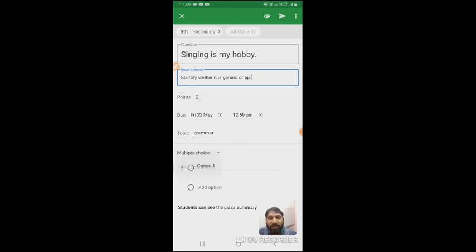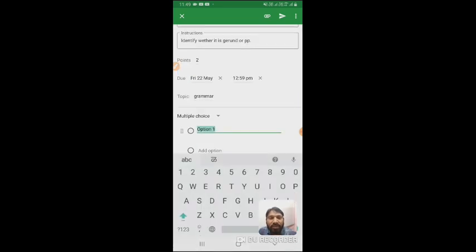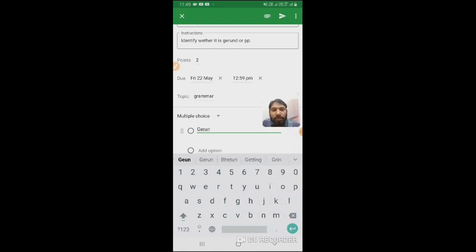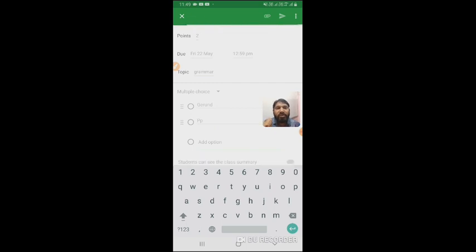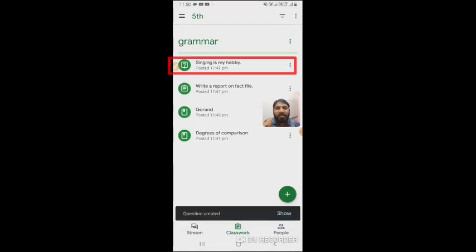If it is multiple choice, then here we have to give options. For example, gerund, and second option PP. Okay, when we send it to the Google Classroom by clicking on that send option,